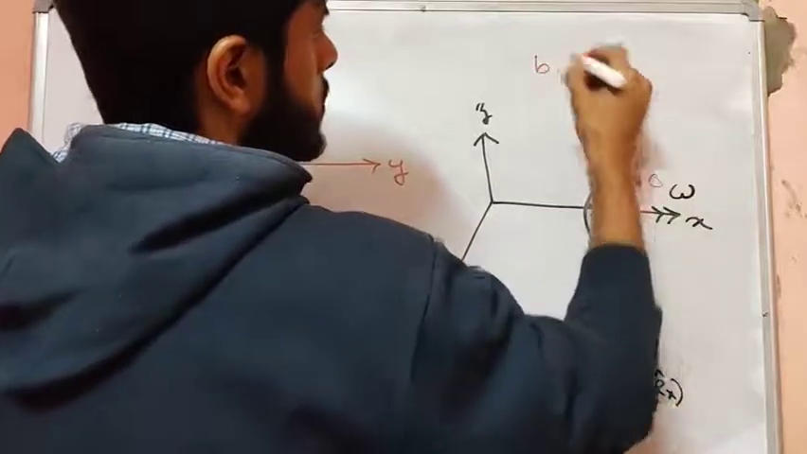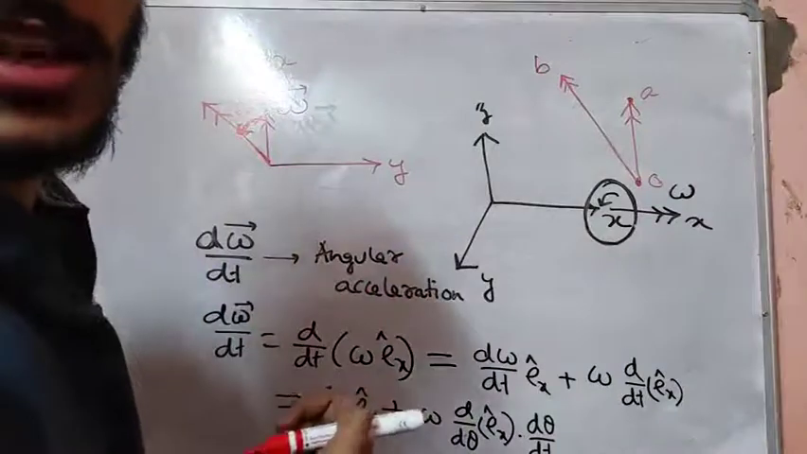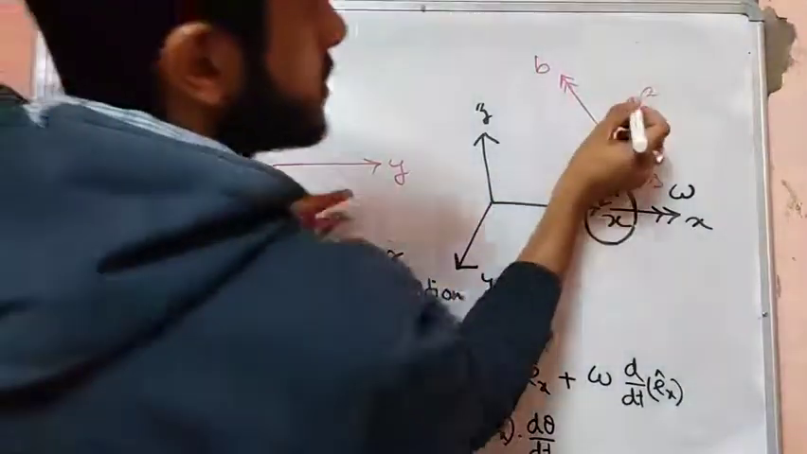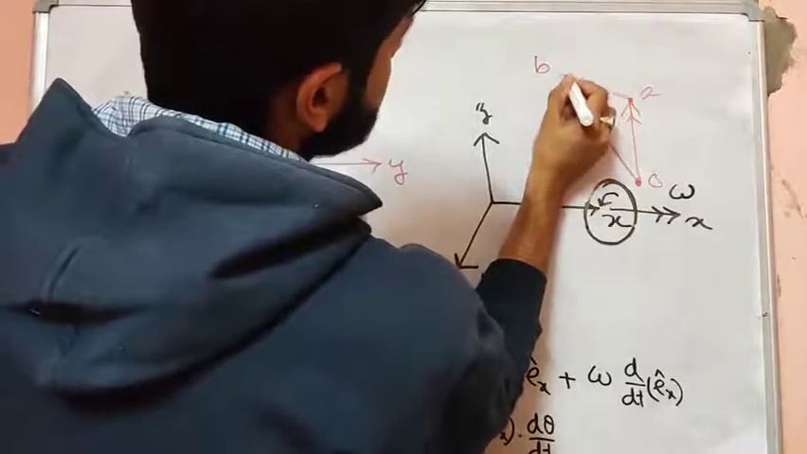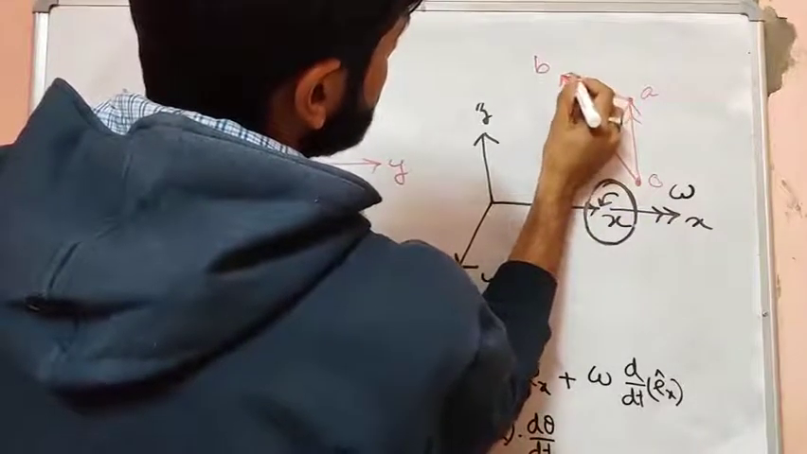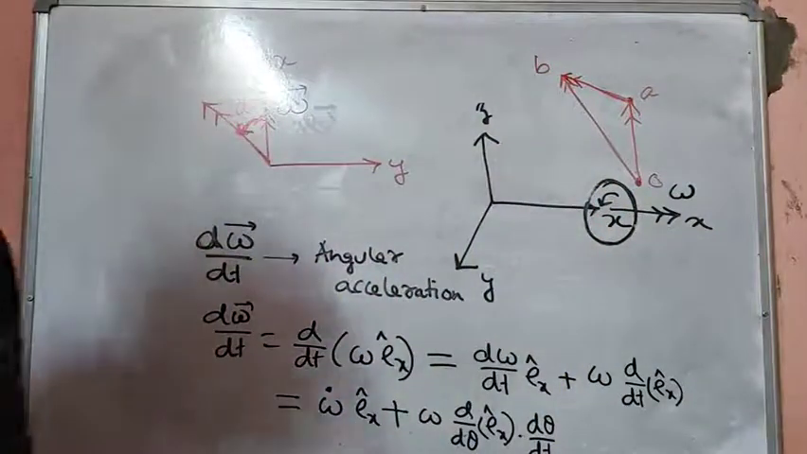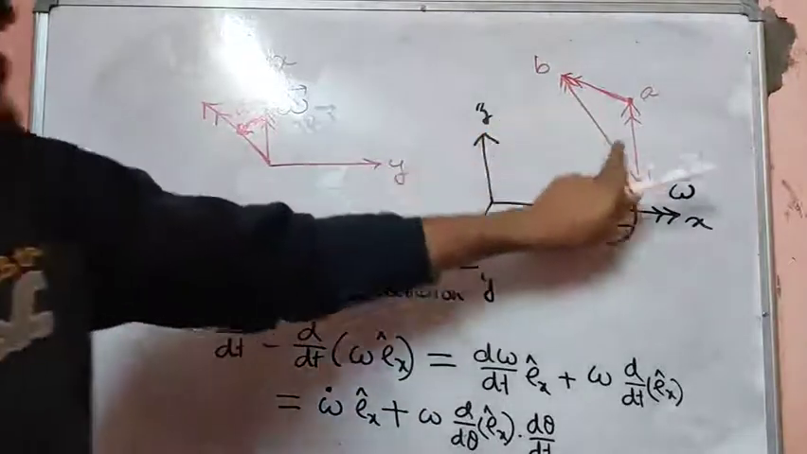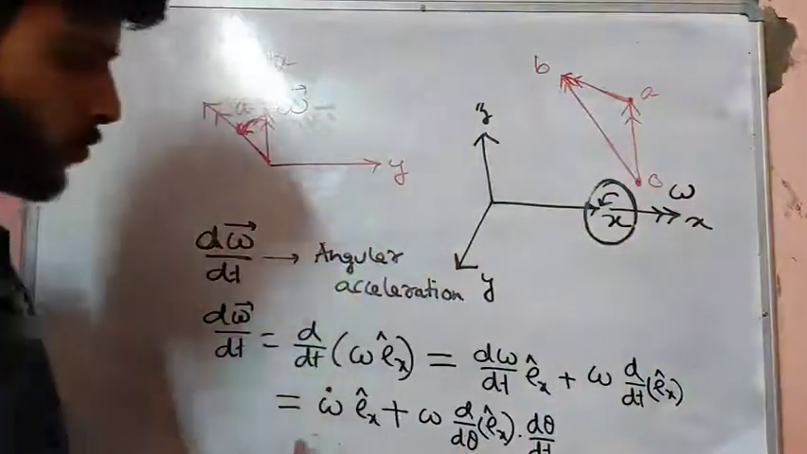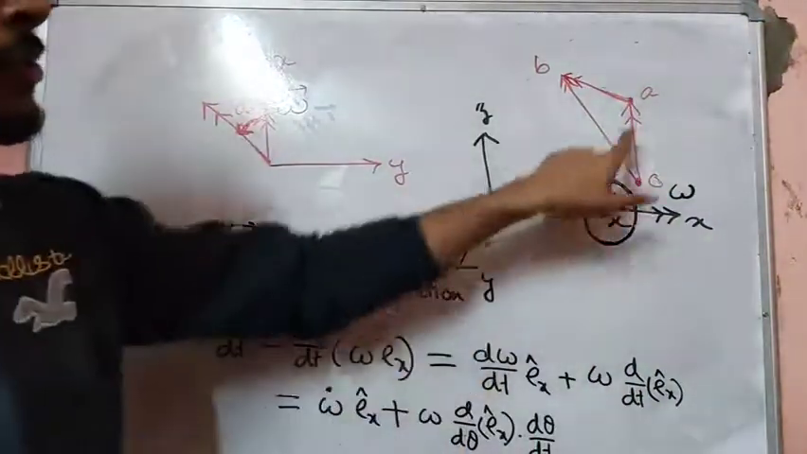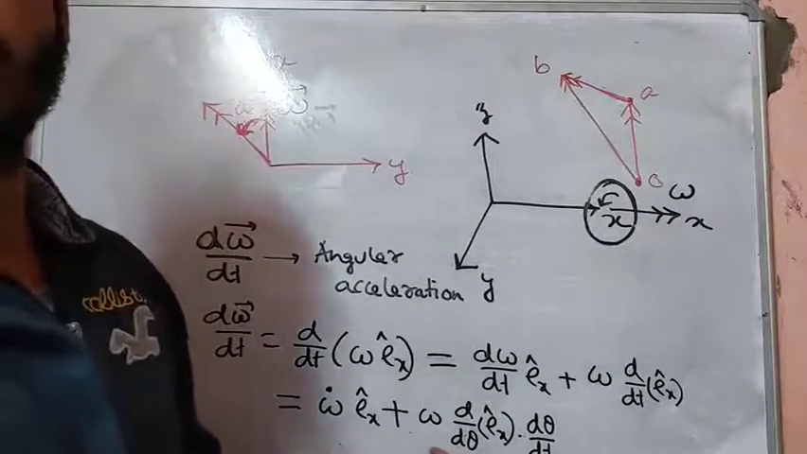This is B, right? So the change in angular velocity with respect to time, which is the angular acceleration, has a direction like this. This AB vector has two components, one along this and one perpendicular to this. So along the direction of OA we have this quantity, and perpendicular to the direction of OA we have this quantity, which represents the angular velocity change because of the change in the